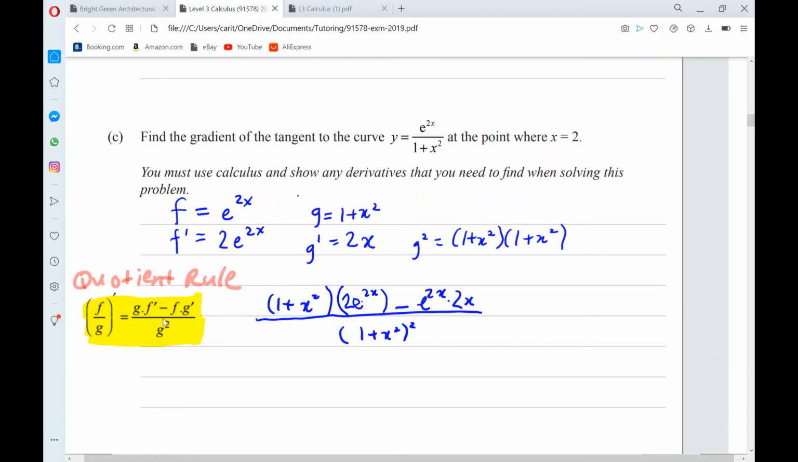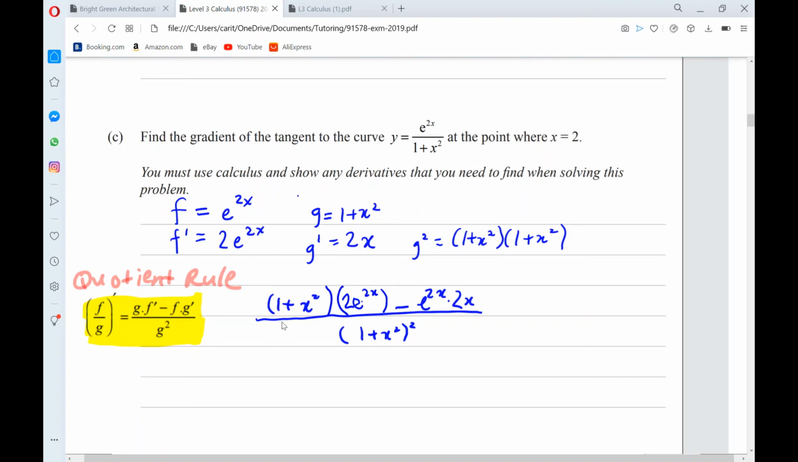Now, if you look at the quotient rule, we need to differentiate both function f and g. So I've gone and done that respectively. Function f is differentiated to 2e to the power of 2x, and function g is differentiated to 2x. So now all we need to do is put